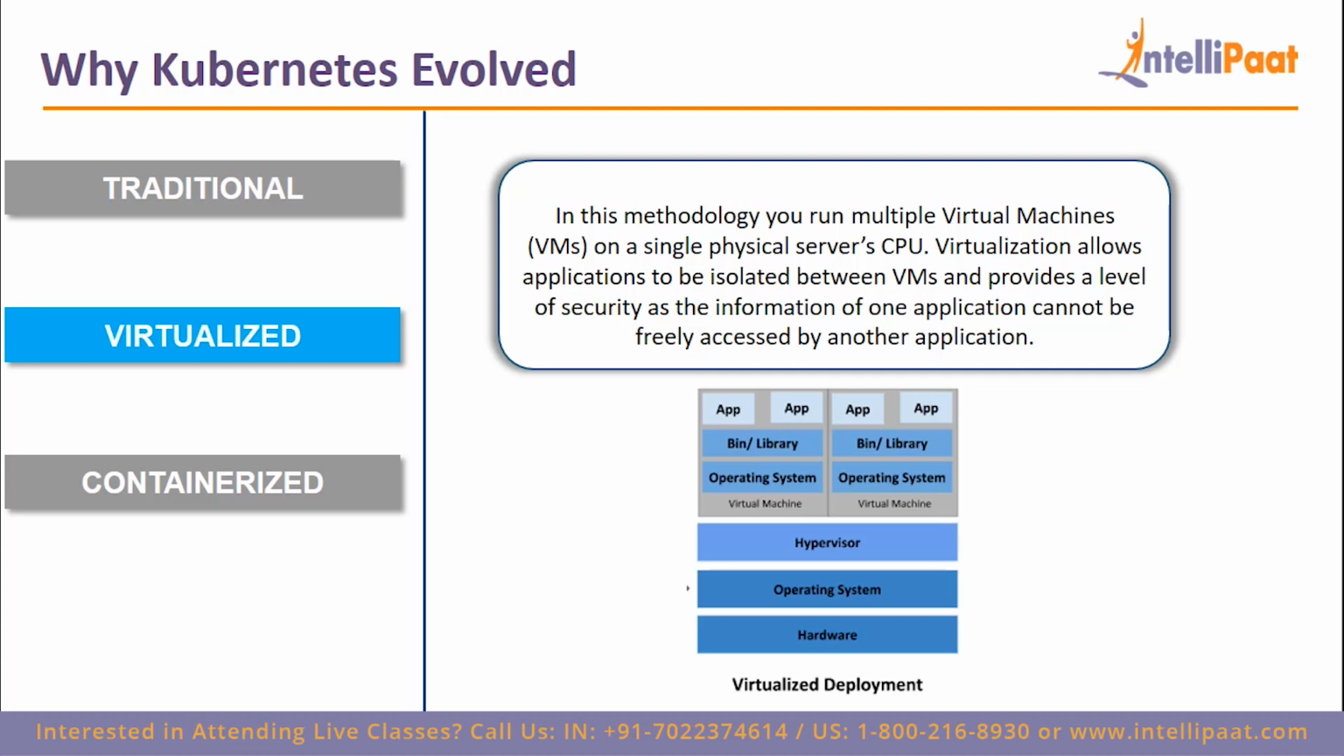So virtualization allows the applications to be isolated between the VMs and provides a level of security, as the information of one application cannot be freely accessed by another application. How you can think about it is, if you know about VMs, then you would be able to crack this more easily. Just think about you having one PC. On top of that PC, you created two virtual machines. You have one OS, that is fine, but on top of that you have two virtual machines who think they